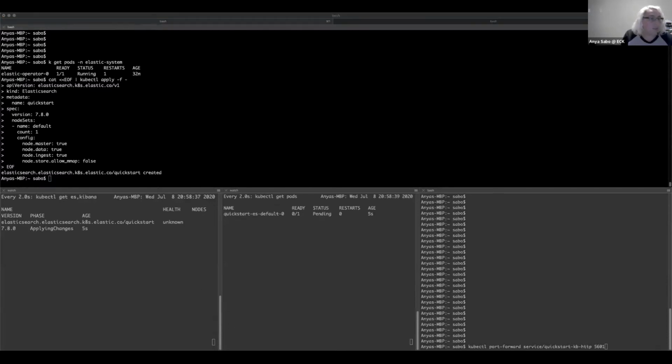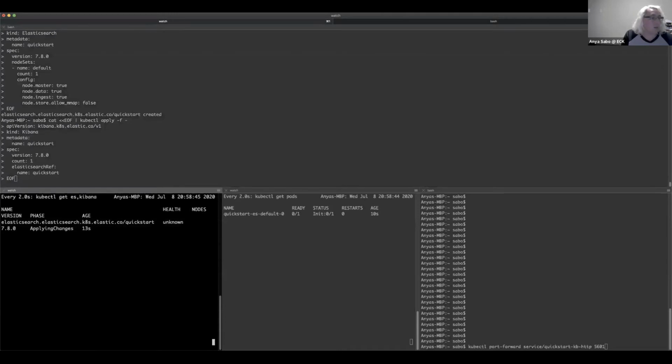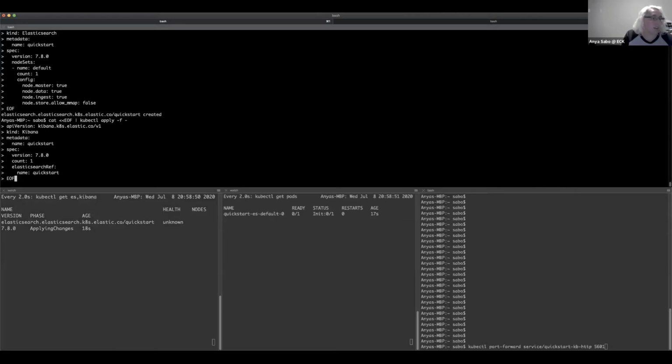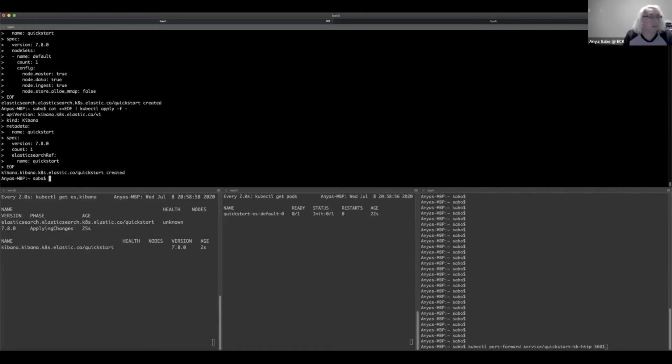And similarly, if we deploy Kibana, you can see already the Elastic operator has started applying changes to it, and it's starting to create it. Then I just added the Kibana quick start, which we'll also see pop up. And so now the Kibana is showing up there.